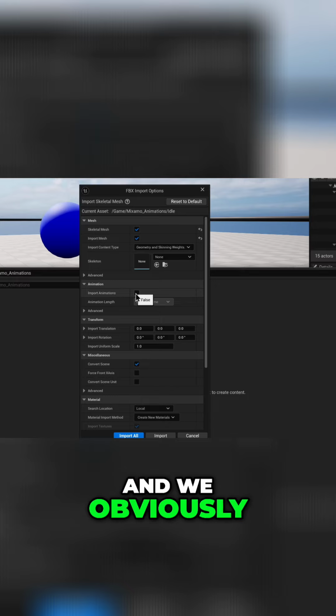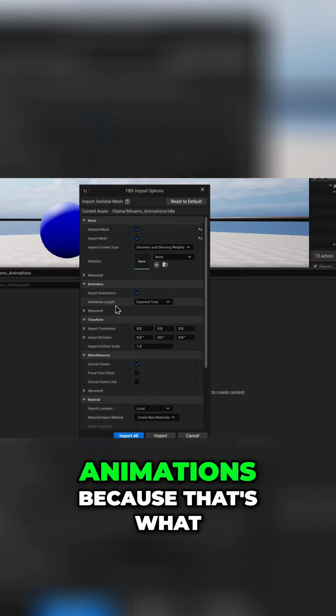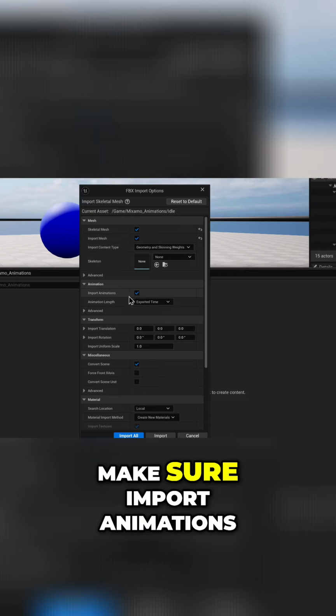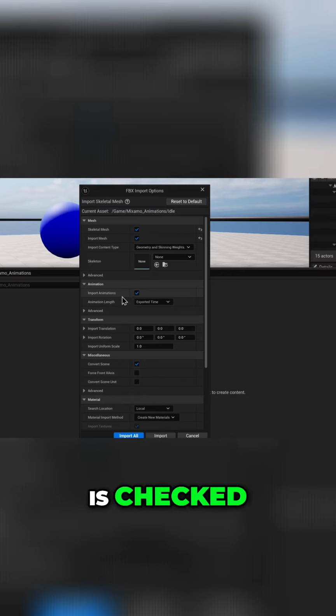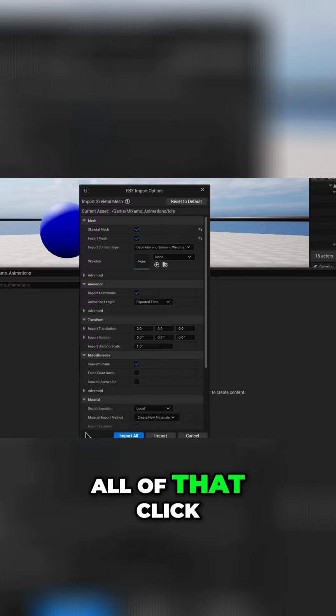And we obviously want to import the animations because that's what we're really after. So make sure import animations is checked. And then once you've got all of that, click import all. And a few seconds later,